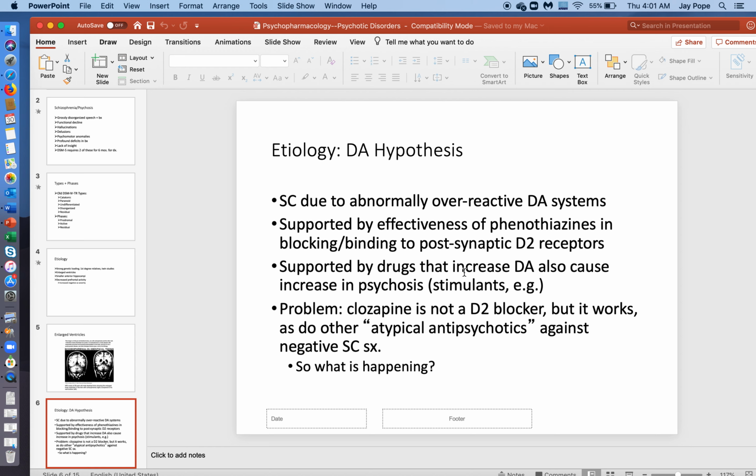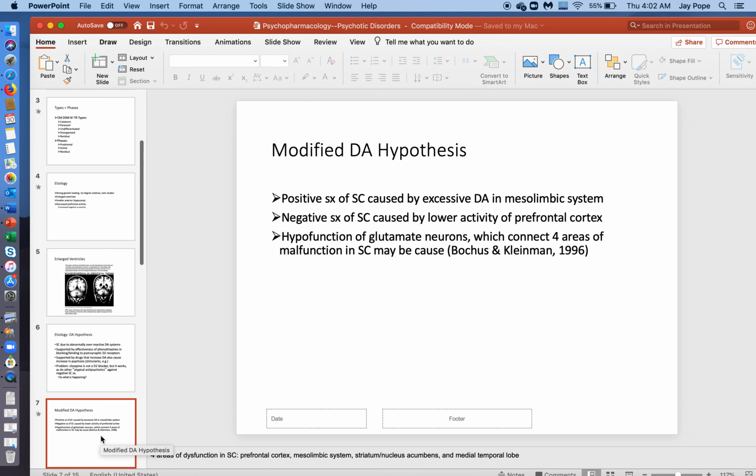The problem with just looking at schizophrenia as purely being about too much dopamine is that there's another drug that works called clozapine, which is part of this newer class of drug called the atypical antipsychotics, which doesn't block dopamine, but nevertheless it still works to fight against some of the symptoms of schizophrenia, both positive and negative. So, what is happening? That's the big question. Why do people still become schizophrenic, even though we have a pretty good idea that it's about dopamine, but that just tackling dopamine doesn't do everything?